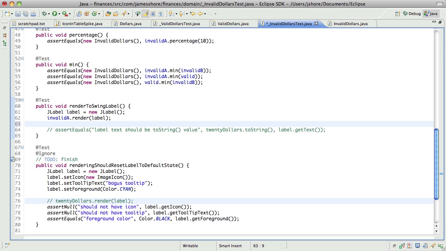The problem is that the reason I'm pausing is because I don't want the test to have to go out and load a file. That's generally a no-no. That said, I'm not sure if I see a better way of doing it. I could inject the proper icon into the InvalidDollars class, but that seems like overkill. By inject, I mean I could tell it which icon to use. Well, let's try that and see what happens. Like I said, it feels like overkill, but